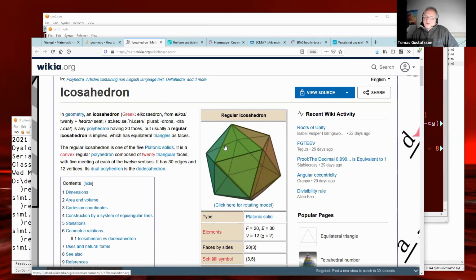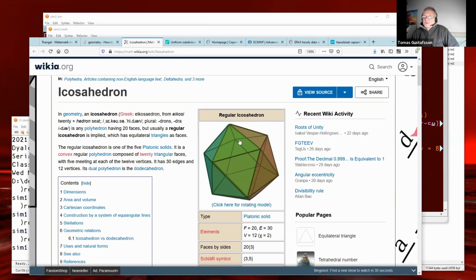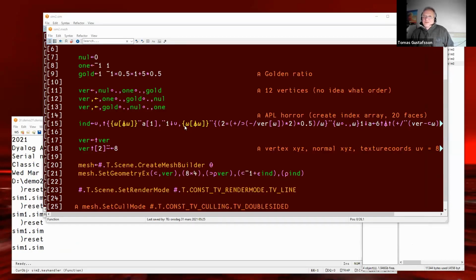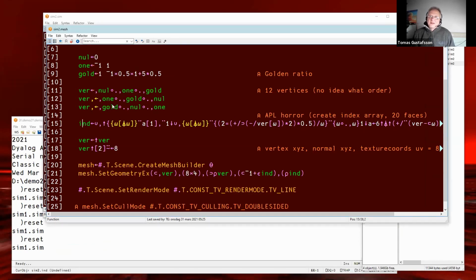So it's a duplicate. You get duplicate triangles, and you need to eliminate those. You only want one face connected to these 3 vertices. And that's why it's an APL horror function. It does a job, but it's not something you want to decode. It's a write-once thing, but actually it creates the index array into these 12 vertices.